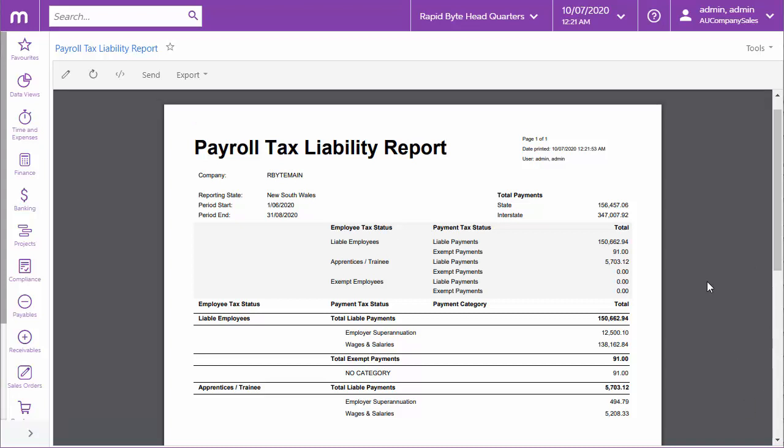If a company operates across multiple states, the report shows the amount of payroll tax liable payments for the selected state, and also an interstate amount, which is the amount of payments for all other states. You can use the report to generate the payroll tax liable payment amounts, then enter these amounts into the online payroll tax portal for each state as necessary. Once you've calculated the amounts of payroll tax to pay using these portals, payments matching these amounts can be generated